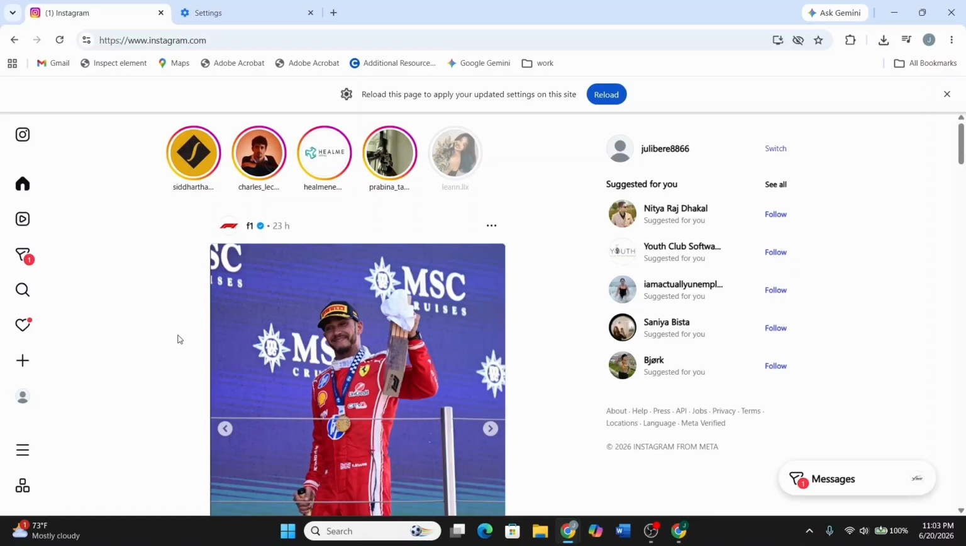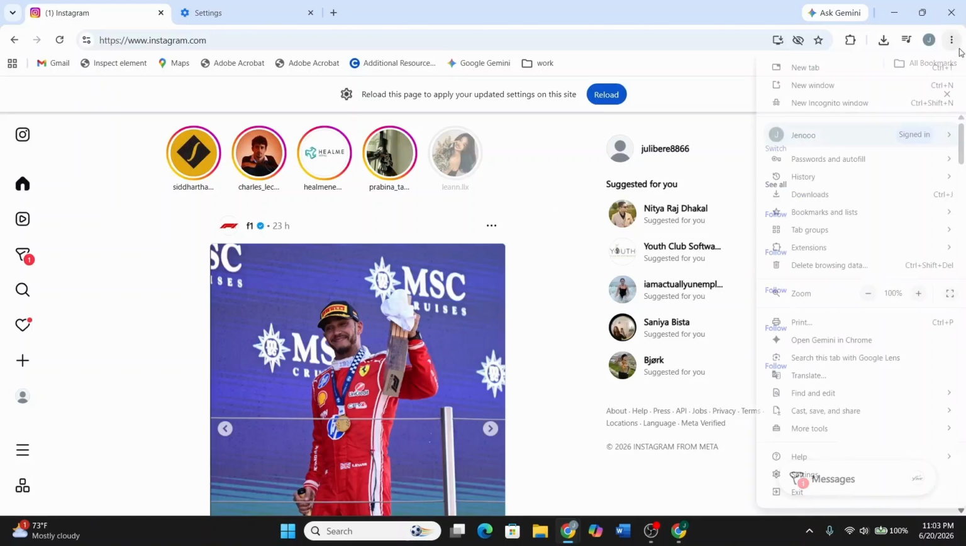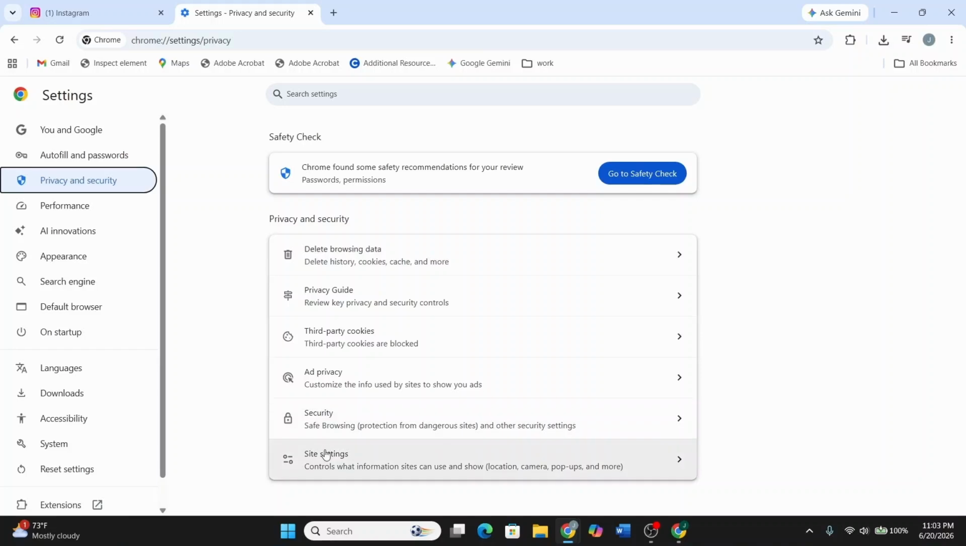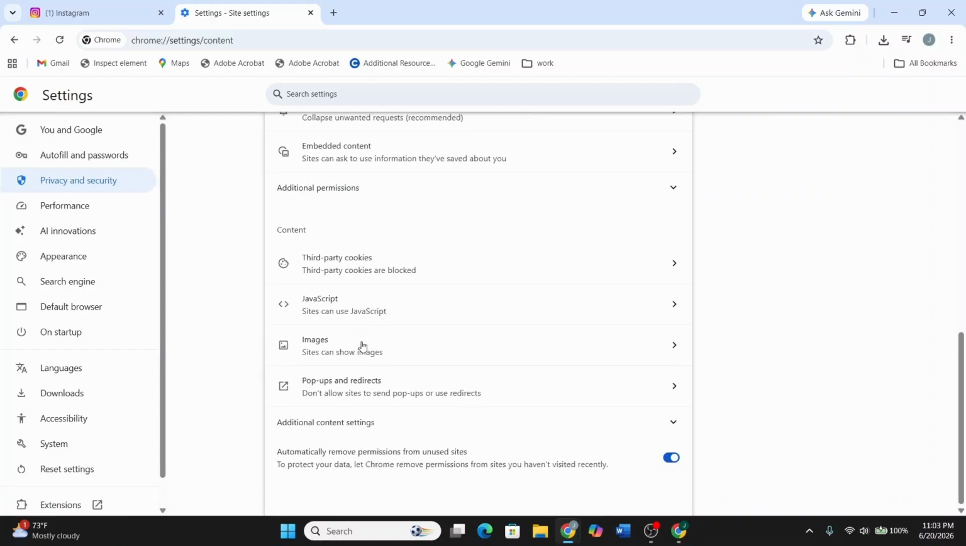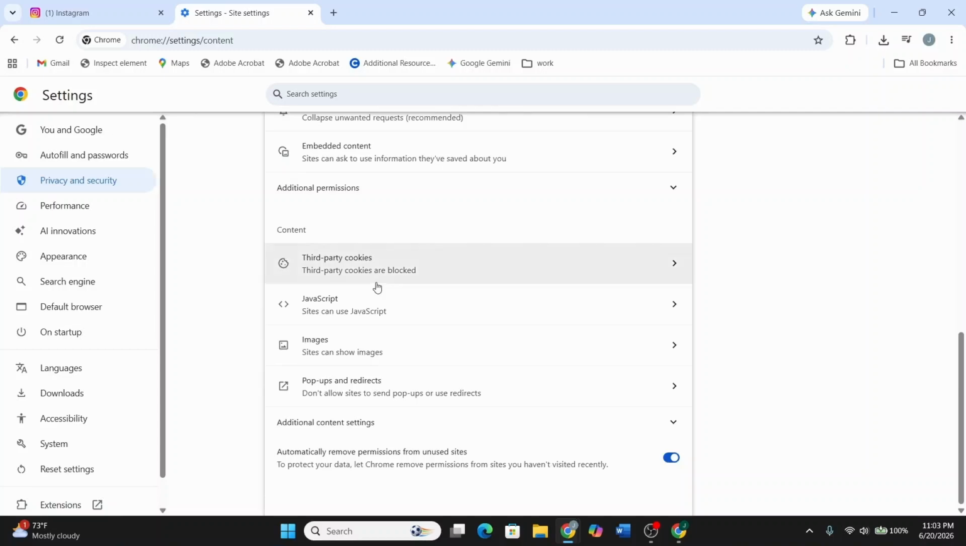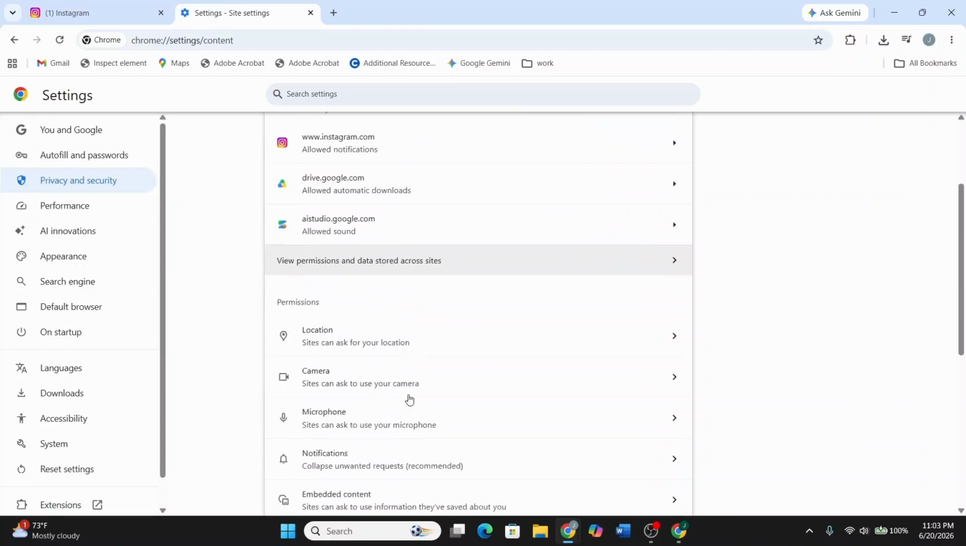Once done, if you want to manage this more broadly, click on the three dots at the top right of Chrome and click on Settings. Following this, click on Privacy and Security and then click on Site Settings. From here, scroll down and click on Notifications. At this stage, find Instagram.com listed under Allowed and click on the three dots next to it, then select Block